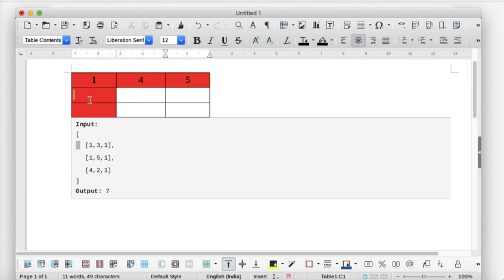So next will come here. To come here, I cannot come from left because there's no grid cell here. So I can only come from top. So the cost to come here will be the cost to come to the top cell plus the cost of this grid cell, which is 1, plus the cost of this grid cell is 1, so it will be 2.